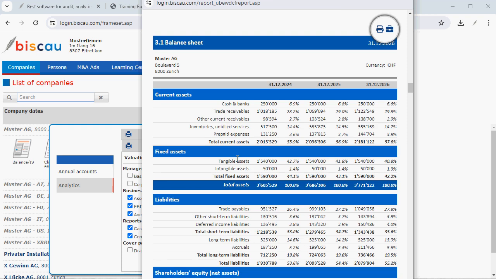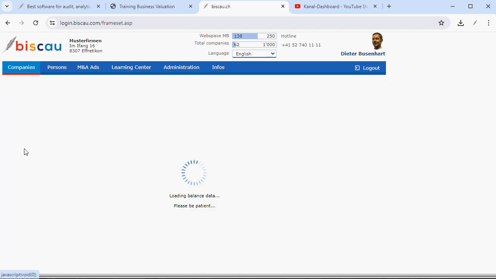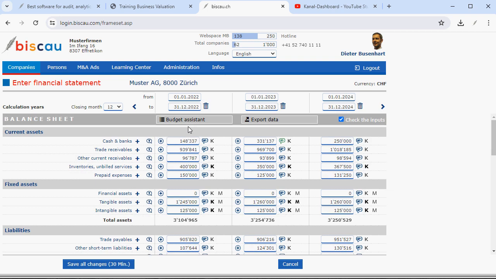So you see all the calculations, and then also balance sheet and our analytics data. Please stop the video now and create your budget and then the DCF company valuation of Muster AG of the year